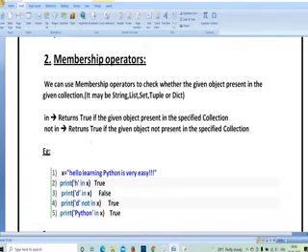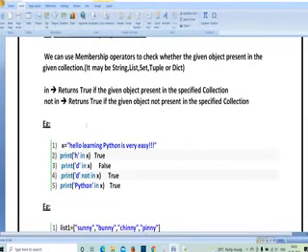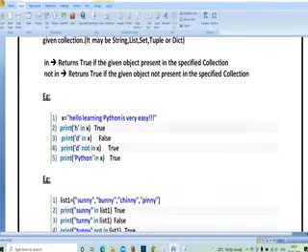Next, membership operator. Membership operator is a concept where you can use it in a place of collection of different types of data. Like you can use membership operator in the concept of list, tuples, dictionaries, sets also. So here in the membership operator, you are going to use the terms in, not in. In means if the condition is true, it is going to print true. Not in means it is going to print true whenever the condition is not present. So here you can see x is equal to hello.